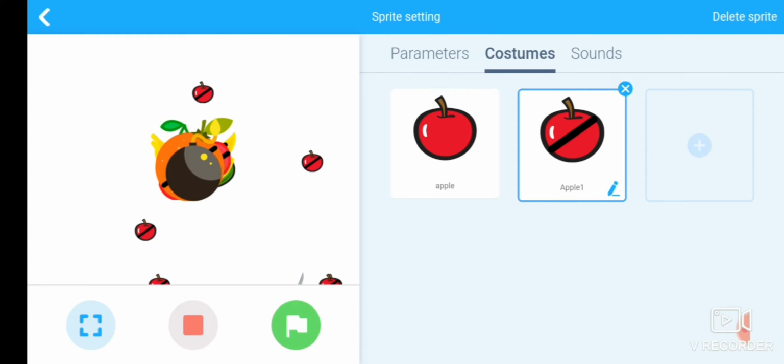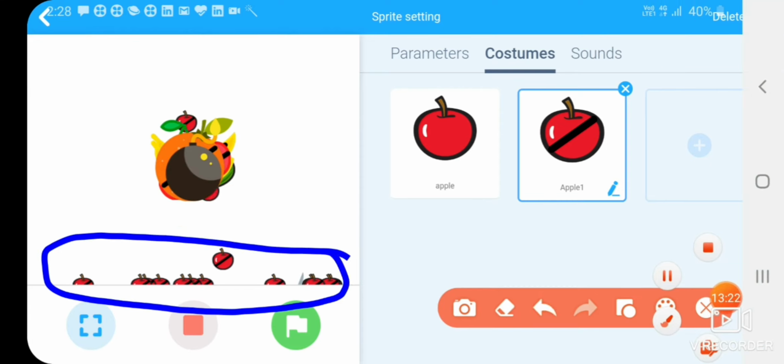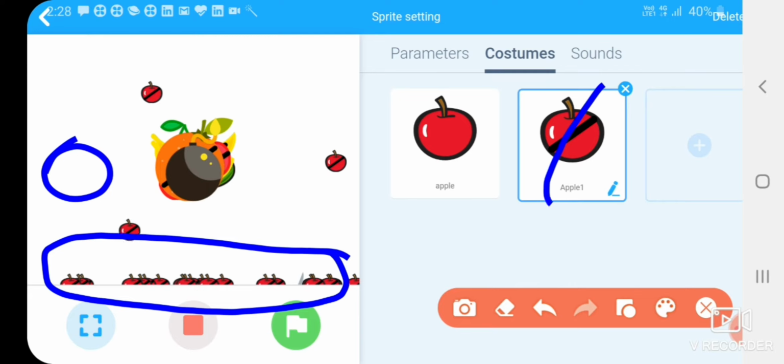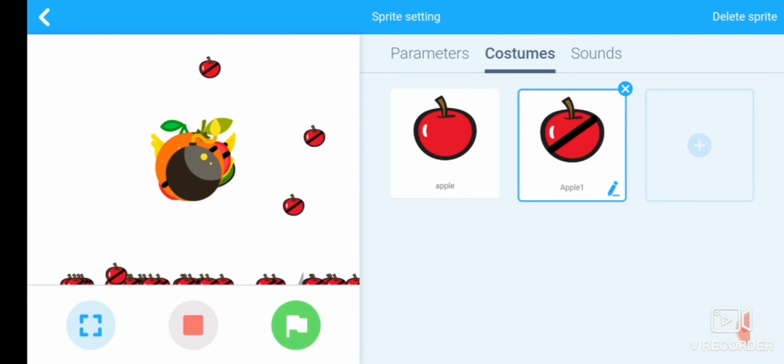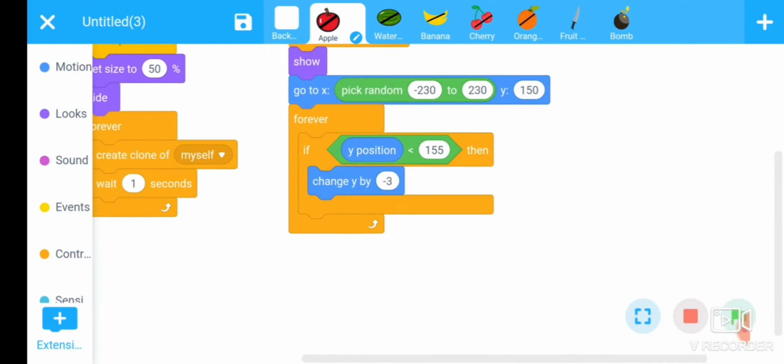First thing is, you can notice here that the apples are collecting in this area, and second thing, we have chosen this sprite, so initially the sprite should be that one. Again change the code.